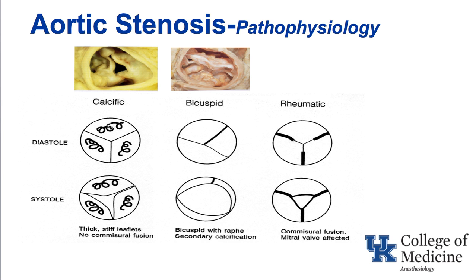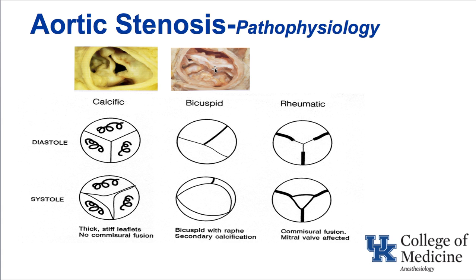It's got heavy calcification. As opposed to a patient with a bicuspid pathophysiology of aortic stenosis, they often present earlier, 40, 50, maybe 60, but definitely earlier than calcific aortic stenosis. And in this case, they're born with a bicuspid valve, and you can see that over time that fish mouth-like aortic valve becomes calcified and thickened and doesn't open as well, and aortic stenosis pathophysiology occurs secondary to congenital bicuspid